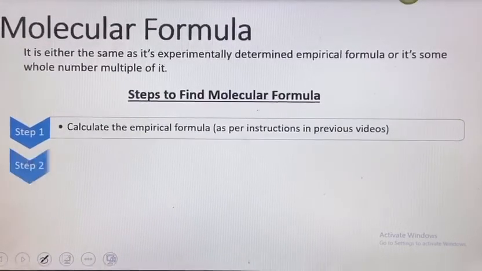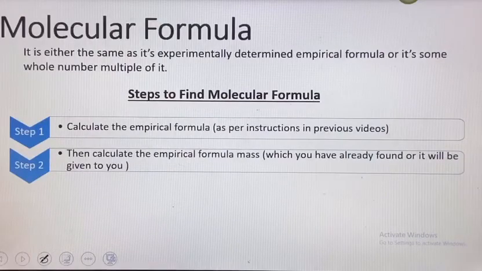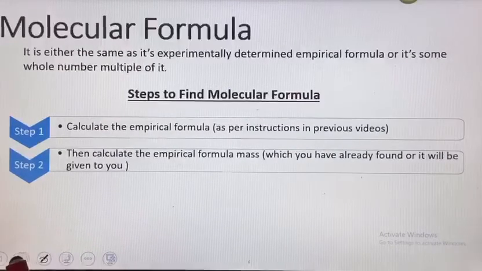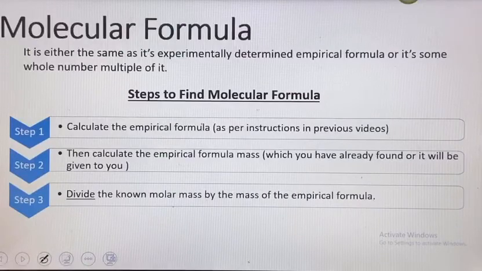Moving to the next step, that is step number 2. Then calculate the empirical formula mass. Now this is the most important step. Once you find out the empirical formula, you need to calculate empirical formula mass. Then moving on to the third step, divide the known molar mass by the mass of the empirical formula. Okay, so you'll have the molecular